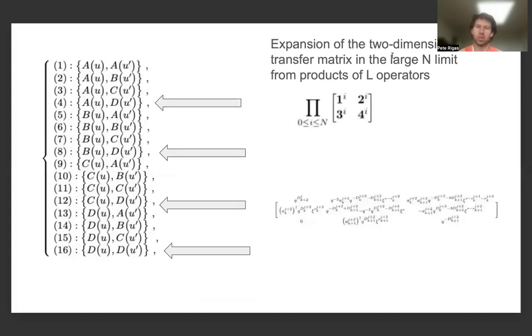And so the expansion of the 2-dimensional transfer matrix from the large n limit was given by a product of L operators, which we're trying to determine recursively: what are each one of the entries that appear in the 2-dimensional transfer matrix. And as we had discussed in other parts of the series, like the sixth video and the seventh video of the series, we described how we can introduce some type of reformulation from a three-dimensional L operator, which holds up to Dynkin automorphism, and how this family of L